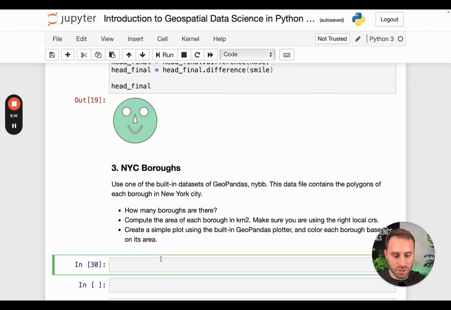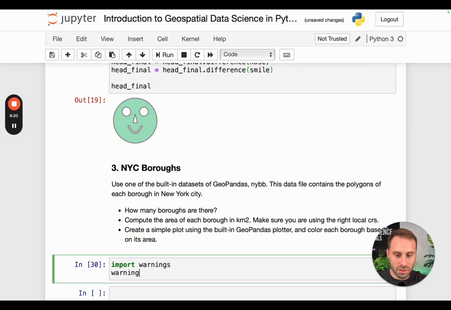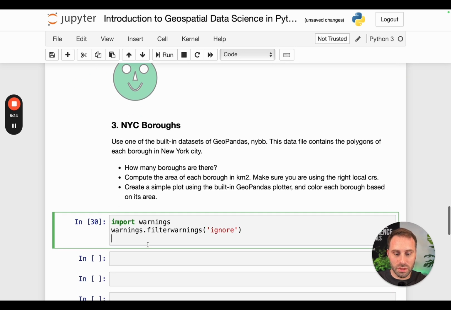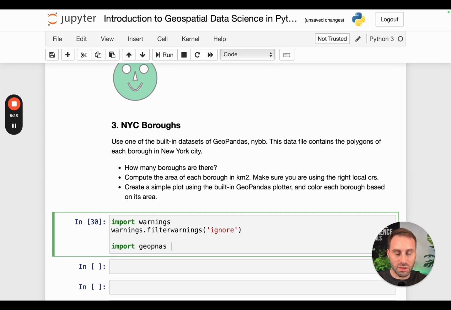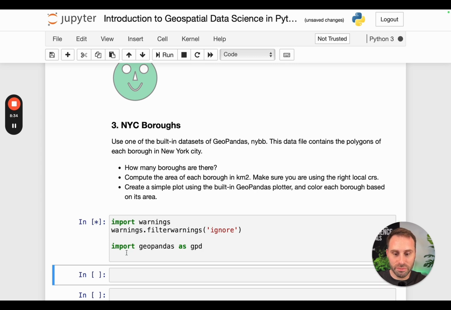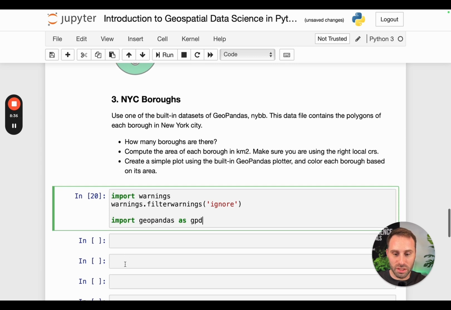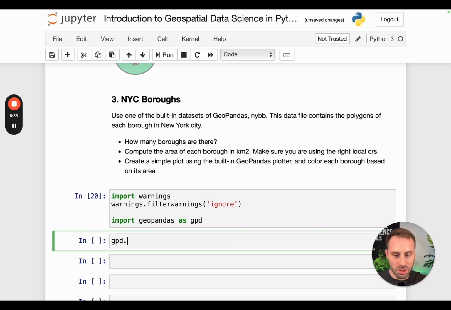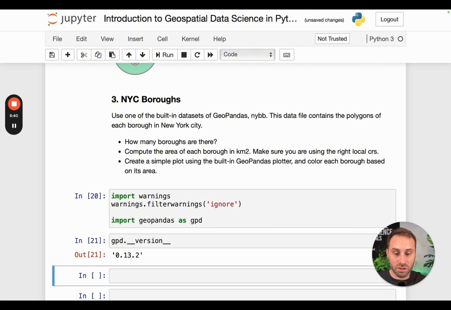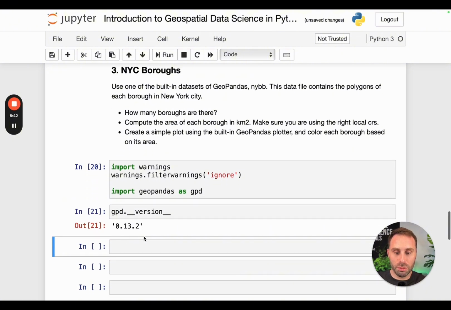Okay, so first let me ignore all warnings. The reason is that I'm not using the latest version of GeoPandas in this environment. So if I just import GeoPandas, I will get many warnings that it's outdated, and I don't want that here. The version I have installed on this workspace is 0.13.2, and the reason I'm using this older version is